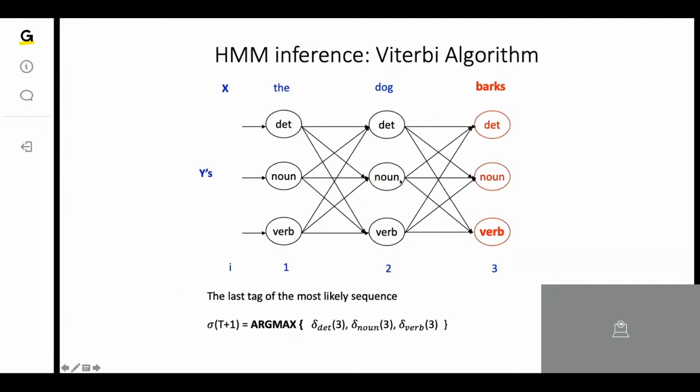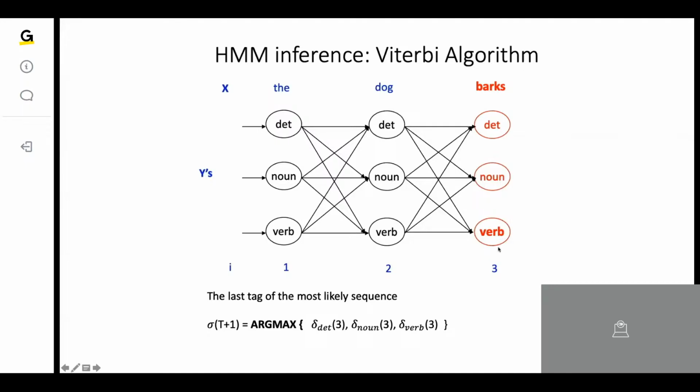Similarly, we have to compute the deltas for all possible states in all sequences using the recursive approach. And after reaching the final instance of the sequence, we can find the argmax of the deltas which we computed. In this case, it turns out that